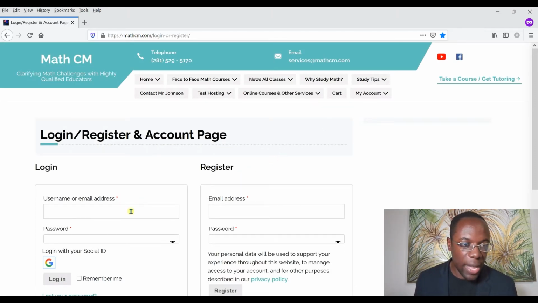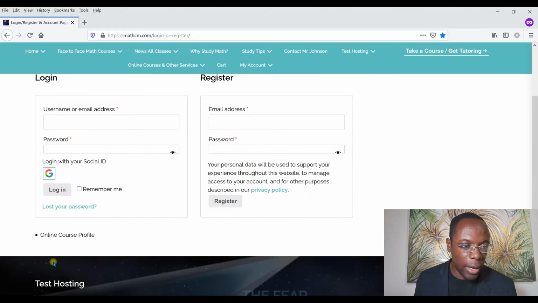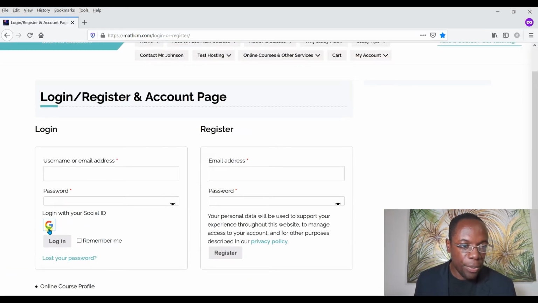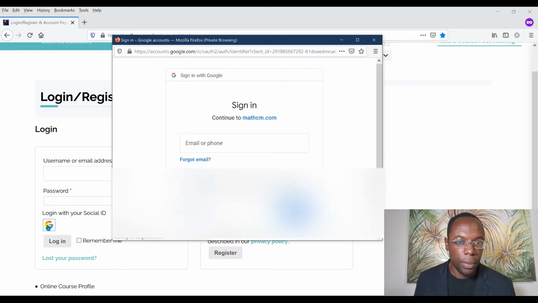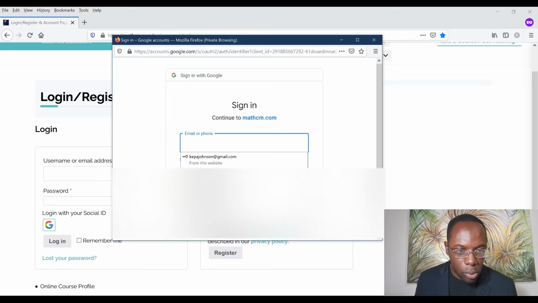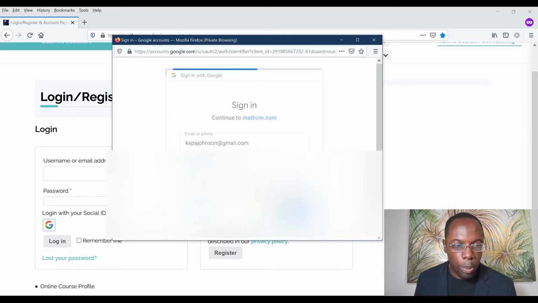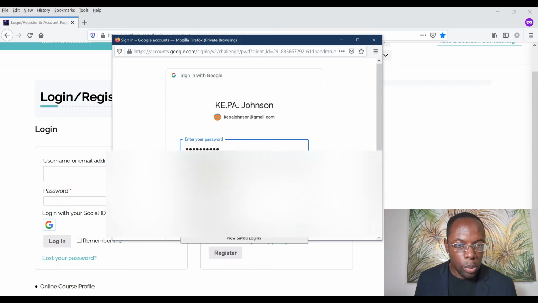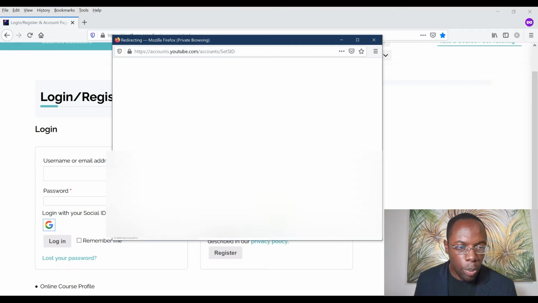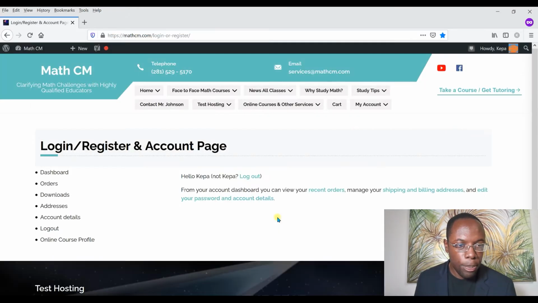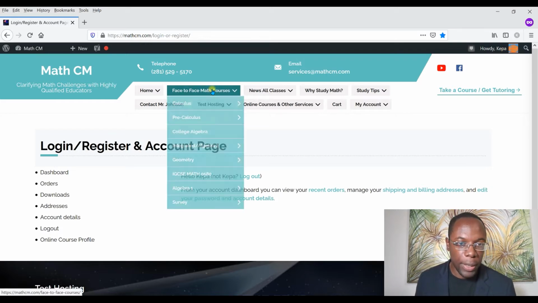and then the easiest way to do this is to click on this G and select your Gmail account. All right, once you get to this page, you're logged in, and so you need to head to your appropriate test, and your appropriate test will be